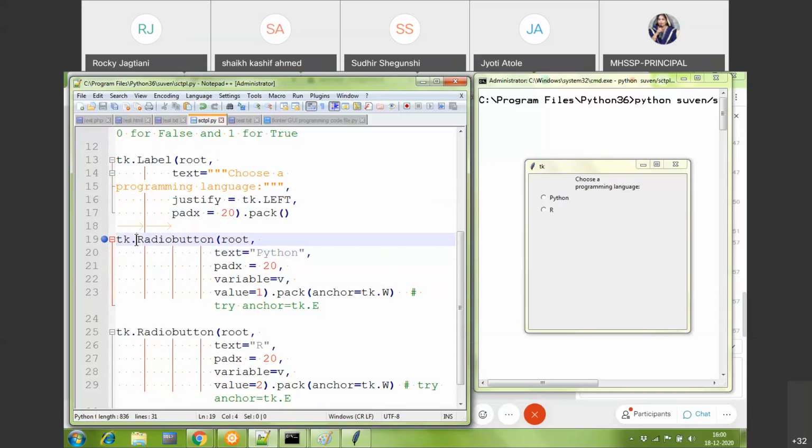Now, what we next see is that we have a radio button, two radio buttons, as you could see, and it seems they have been anchored. If you go to a port, a ship